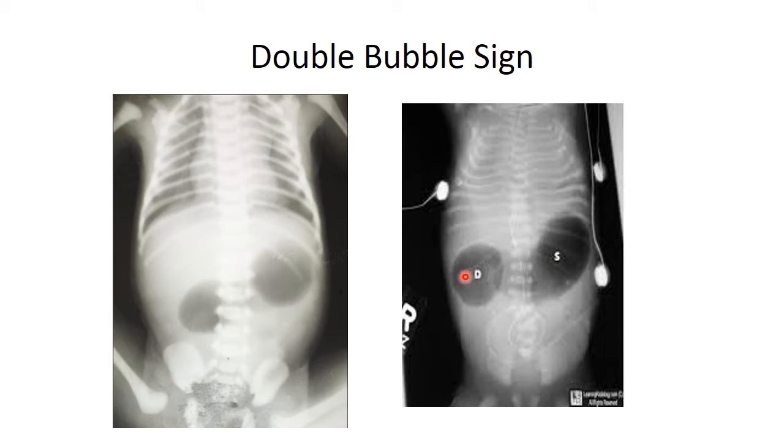As I have told you, the most common area is the junction and opening of the bile duct. So above and proximal to that, there is the distension because of the gas in the proximal duodenum plus in the stomach. So these two areas are showing you typically the double bubble sign. This is a gas filled stomach, you can say, and this is the proximal duodenum. So this is a typical sign for duodenal atresia.